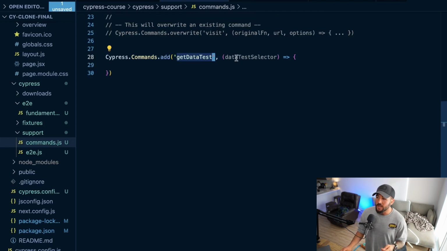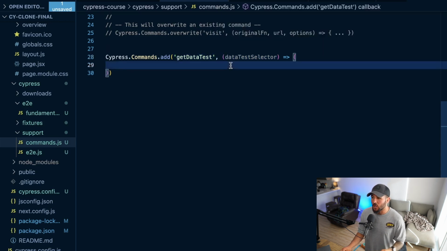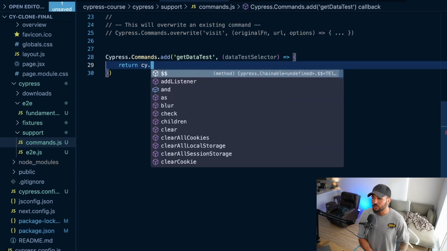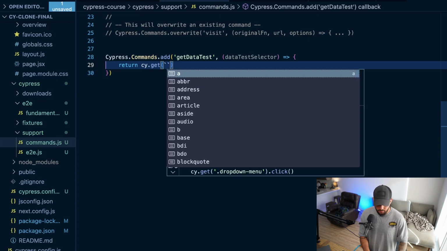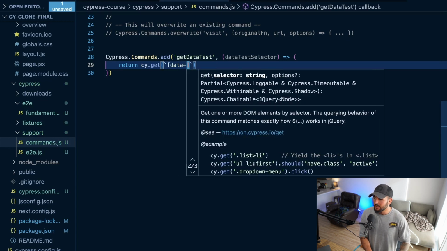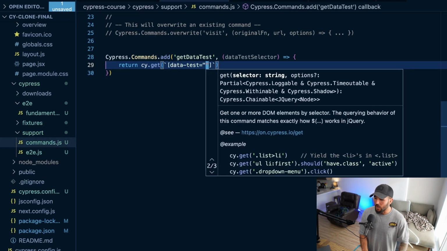And then as a secondary argument, we pass it a callback function that is going to be our actual code. And all we need to do here is return using the cy.get, and then we're going to pass it a JavaScript template literal here, and all we're going to do is data-test, and that is equal to our